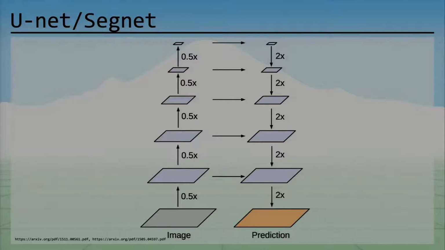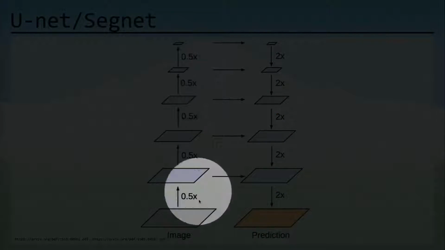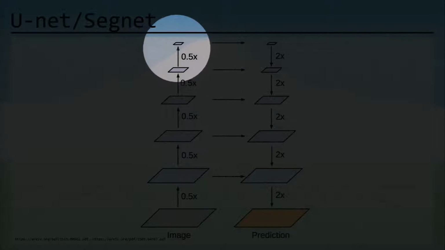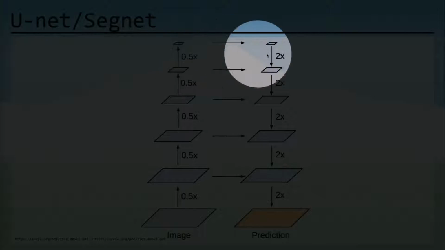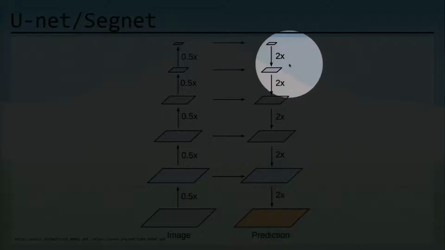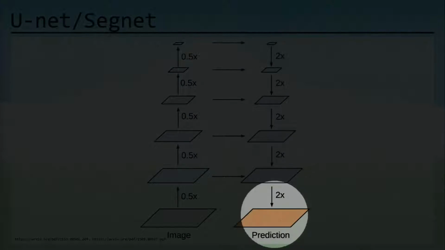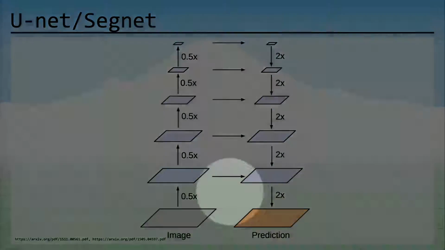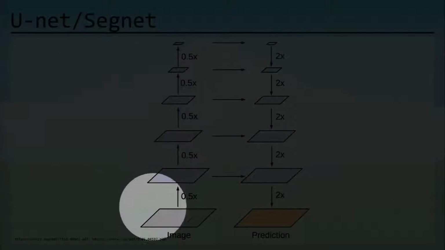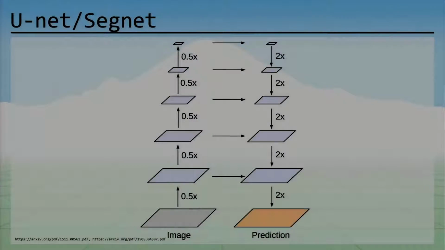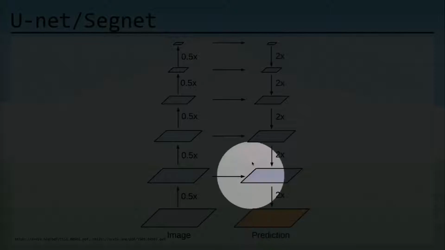around the same time, of basically you have your encoder, which is this network on the left-hand side, and it goes to this really semantically meaningful but very coarse-grained feature. And we also have our decoder, which is on the right-hand side, which takes these really coarse features and makes our end prediction. Why don't we take some of the information from these intermediate feature maps and transfer them over to this decoder